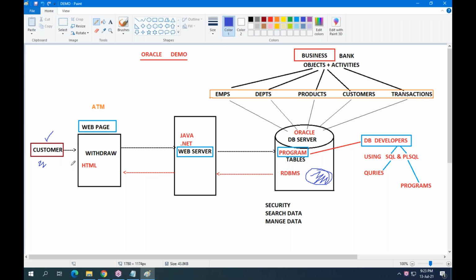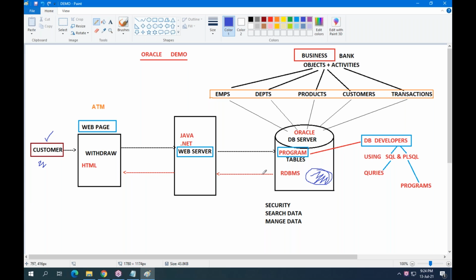So without visiting the business physically, he is able to communicate with the business online, remotely. That means the scope of business will be increased and customers can feel free to communicate with the business. From the customer point of view, he can easily communicate with the business. From the business point of view, business scope is increasing, security is increasing, and managing data is easy.